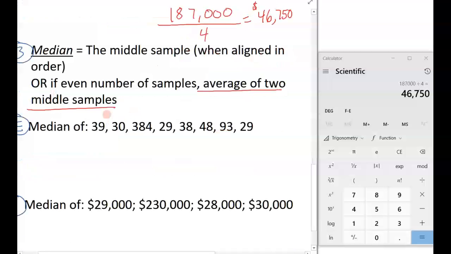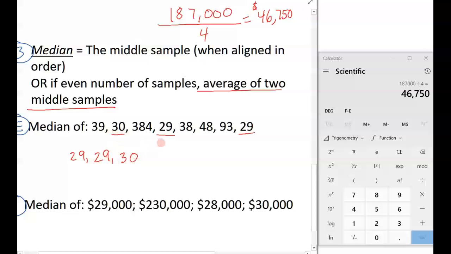So let's take a look at this. Median of these 1, 2, 3, 4, 5, 6, 7, 8 numbers. The first step is to rewrite them in order from least to greatest. If I have duplicates, I still list those. So for instance, I have 29, 29 again,